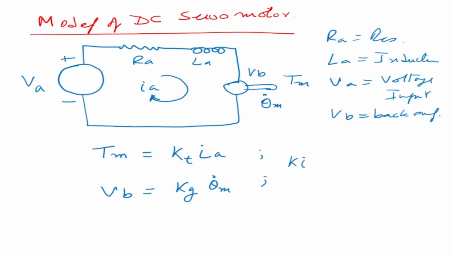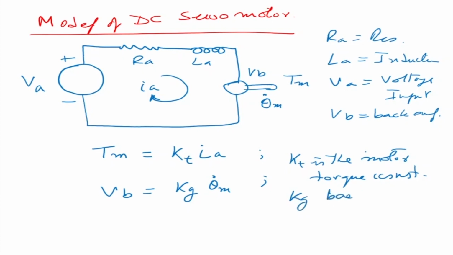Where KT is the torque constant, the motor torque constant, and kg is the back EMF constant. Now the dynamics of the circuit, if you're looking at this, is written as, from Kirchhoff's